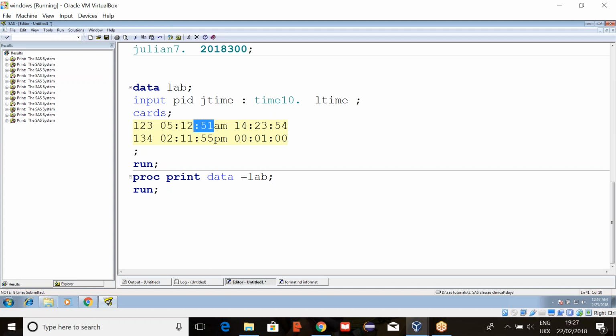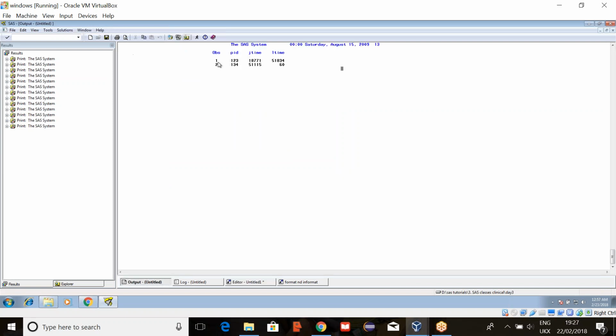If seconds are not there, then minus 2, minus 3. Here, time 8 dot informat.